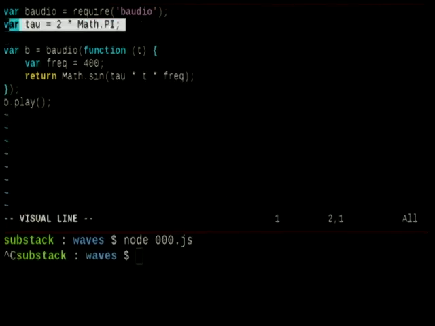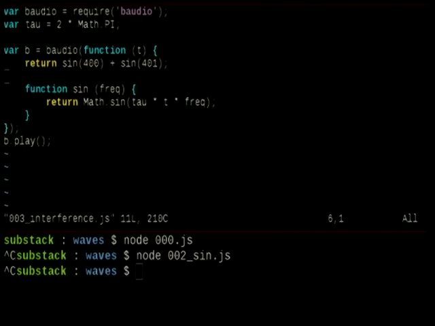One little trick that I often do is tau. You know tau, it's 2 pi. It just makes the math easier because you have 2 pi terms everywhere, so you can factor that out. You can also factor out the t parameter because all of these functions are going to take a parameter t, and you can just write a closure for that. So here we can just have sine of 400, which gives us a sine wave at 400 hertz, which sounds like the same as the last thing. It's kind of boring. Yeah, exciting.